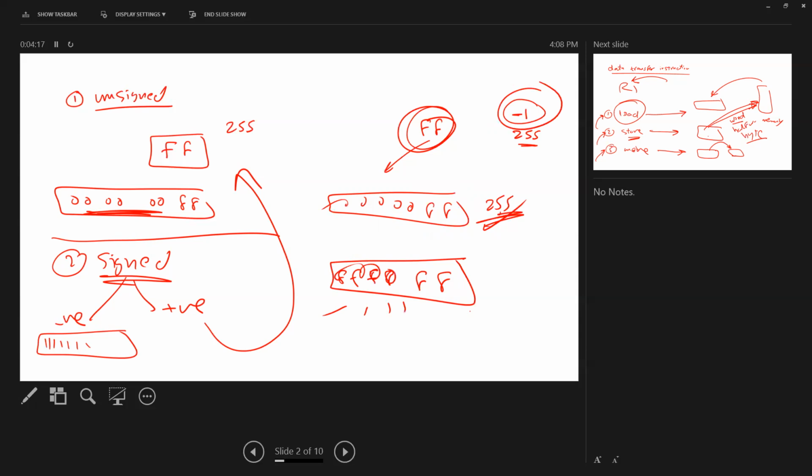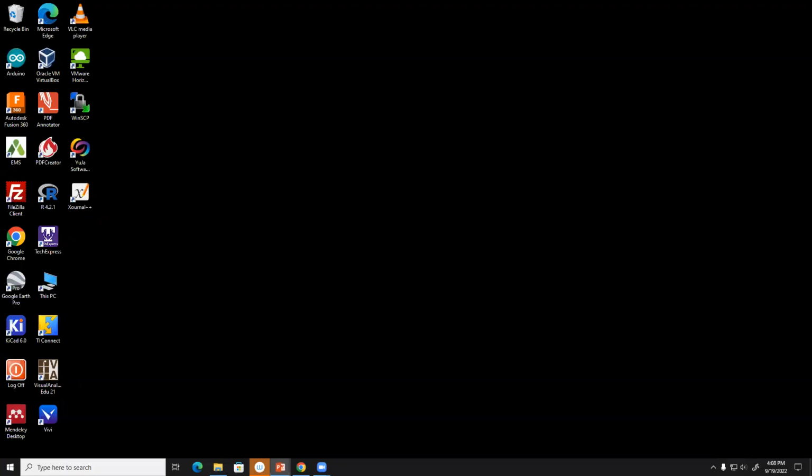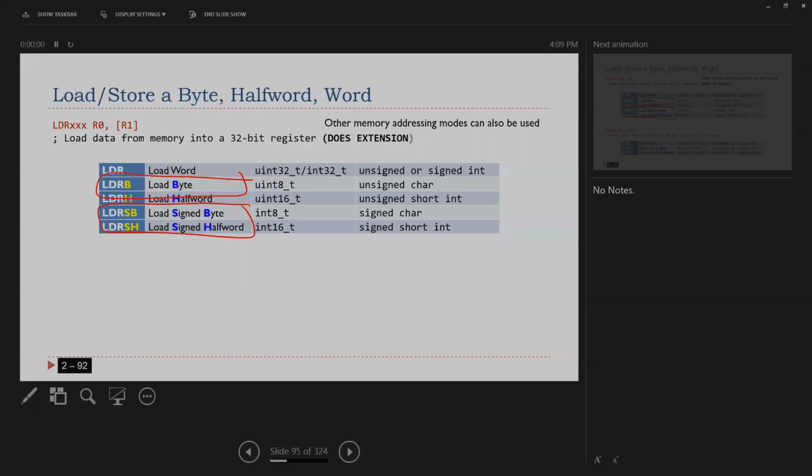So now we have two instructions, one for signed and one for unsigned. One of them can work on bytes, the other one can work on half words. So let me show you here. Any questions? As you see here, guys,